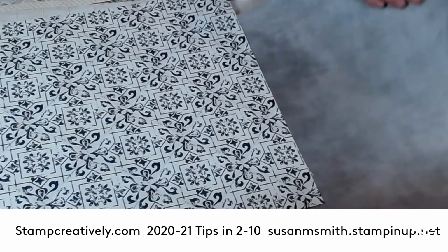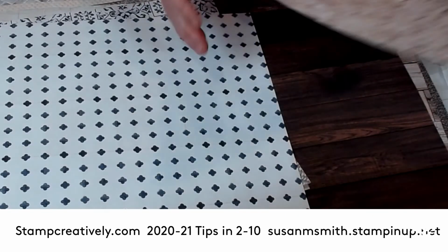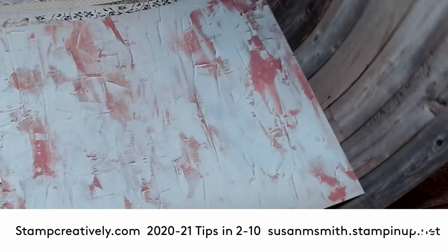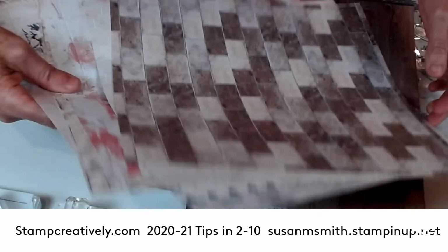So I pulled it out, decided I was going to work with it, but then I pulled out the stamp sets that we got in the pre-order, trying to decide which one stamp set I wanted to use with this. Do you see how you could just live in this happy place for a really long time? So I wanted to decide what I wanted to use with it, and I decided